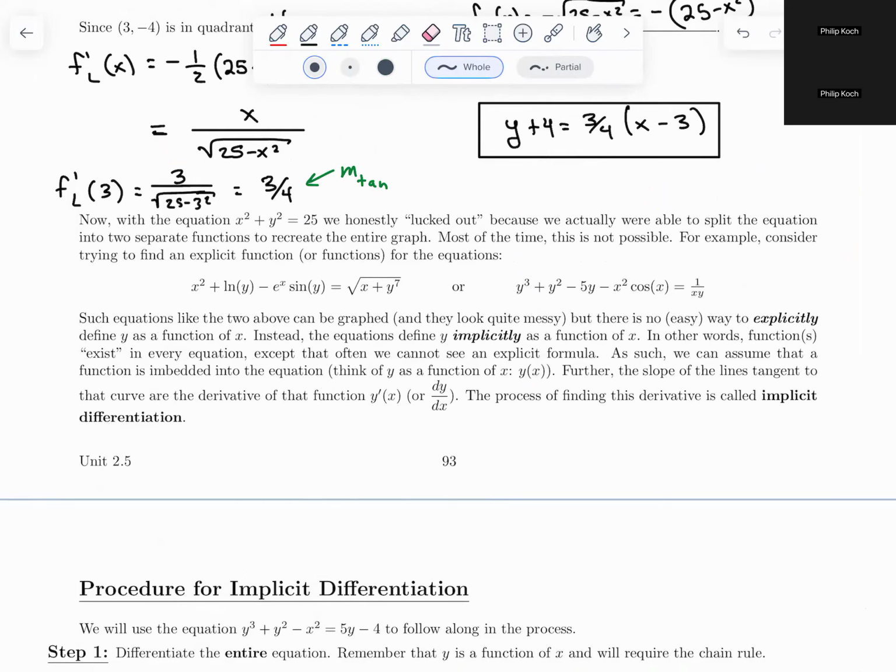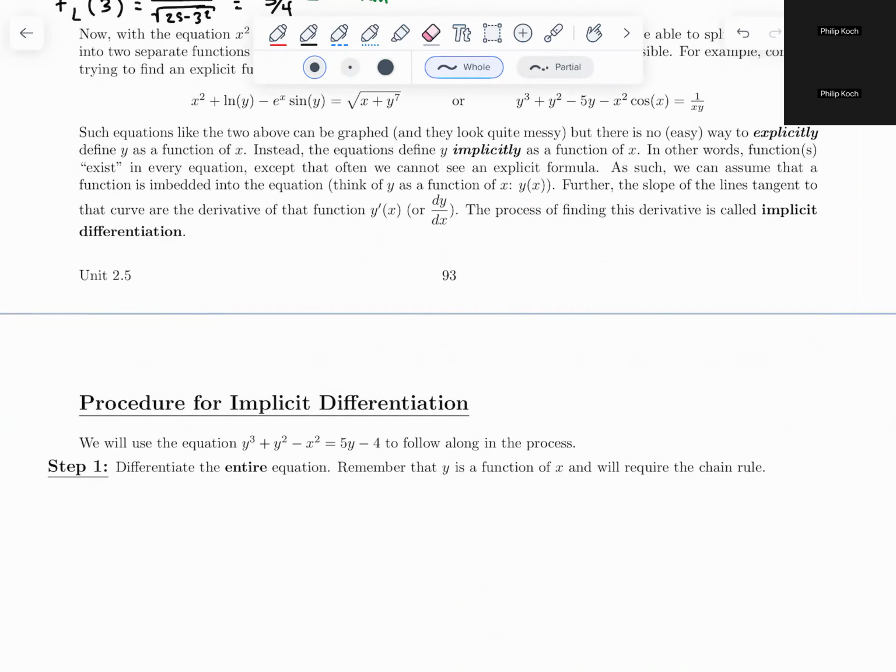So, as such, we can assume that every function has y as a function of x. So you can think of it as y of x. And so we can still do this whole thing with a new process called implicit differentiation. We're going to start off with this example and we'll go back to the other example in a second. We'll use this example, y cubed plus y squared minus x squared equals 5y minus 4, to follow along the